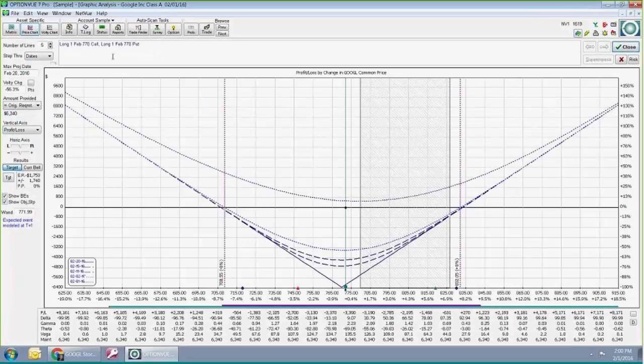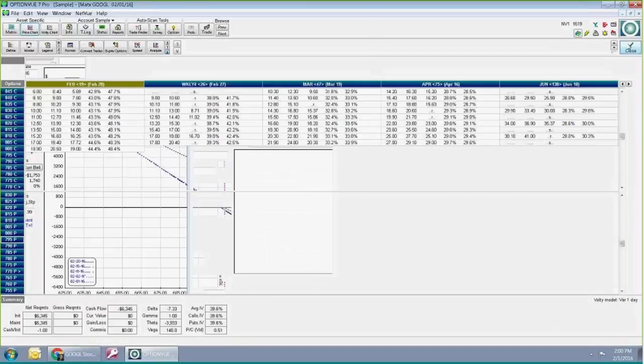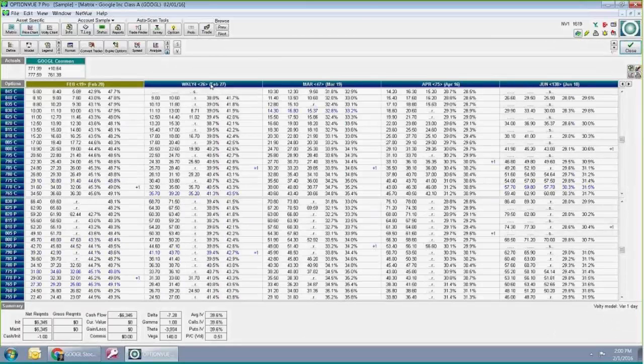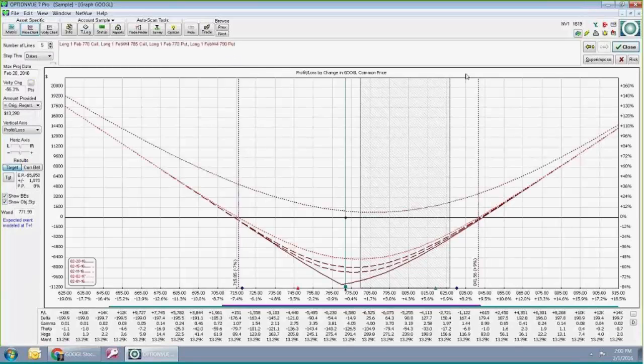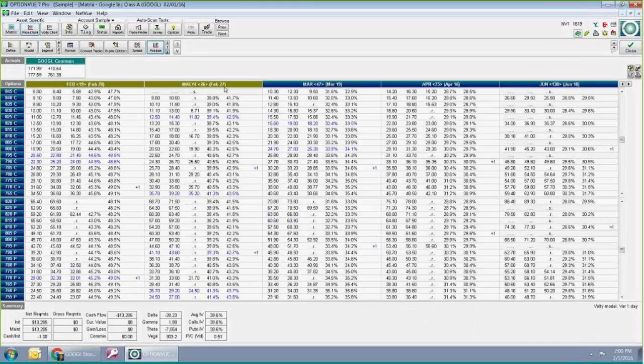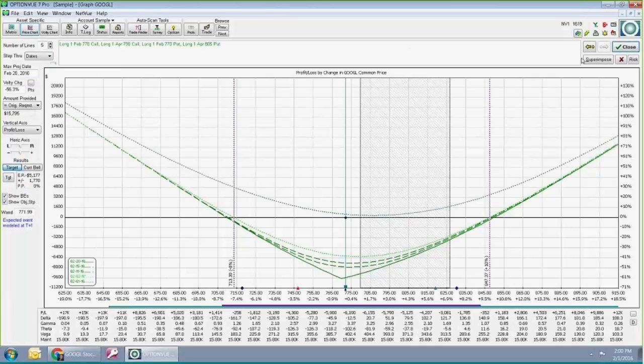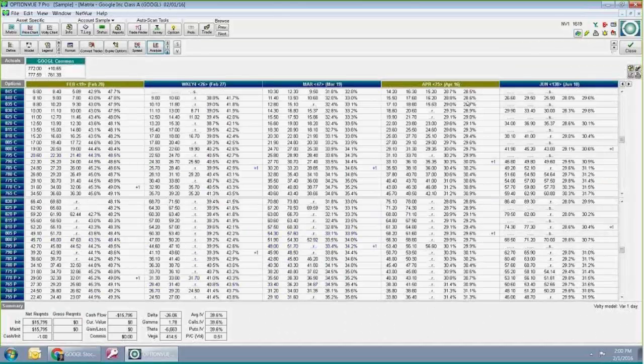You'll see it gives me just the February options. If I hold down Control and add this one, you'll see it'll add those two. They don't have to be next to each other. If I hold down Control and then go over and hit this one, I'm still holding Control. Now let go, Analyze. It'll show me just those two. So you could look at various expirations.